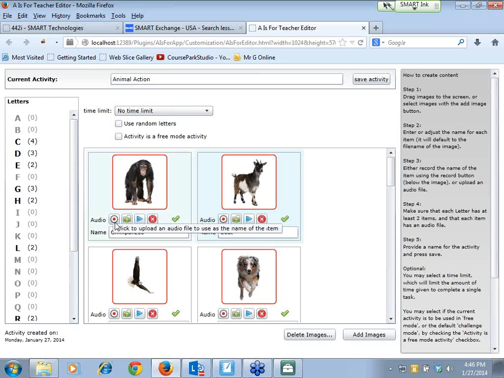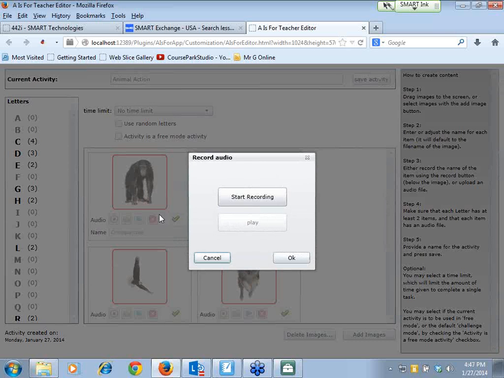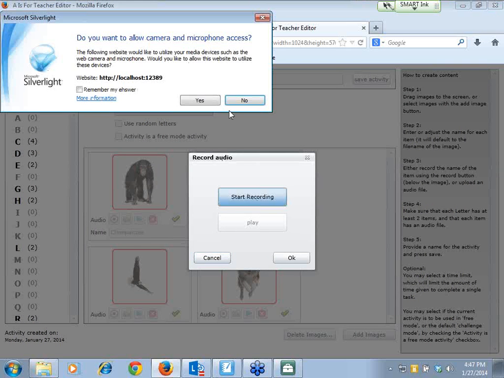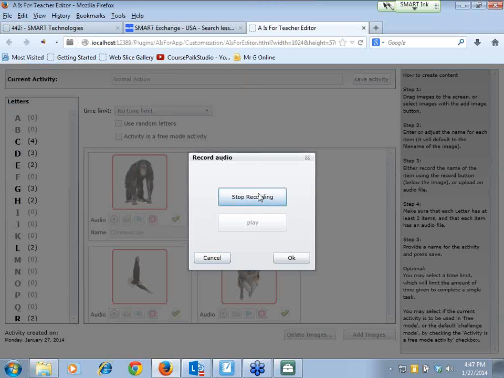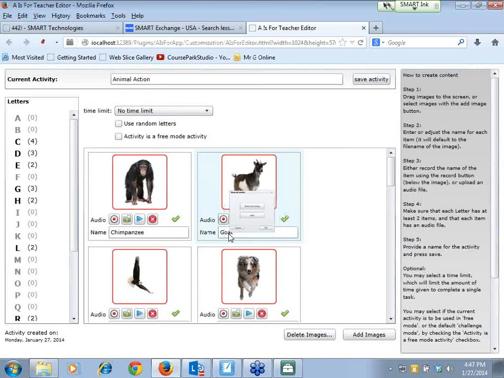So I can add audio. If I add audio here, I just have to press the button, and you can start and add your audio, or you could do your own audio in an audio program. But I liked this. I just said, let me say yes, and chimpanzee, and I say okay, and then it has that. If you don't like it, then,